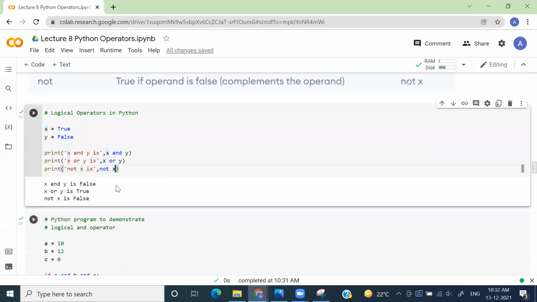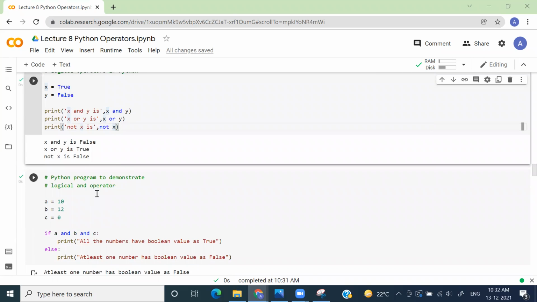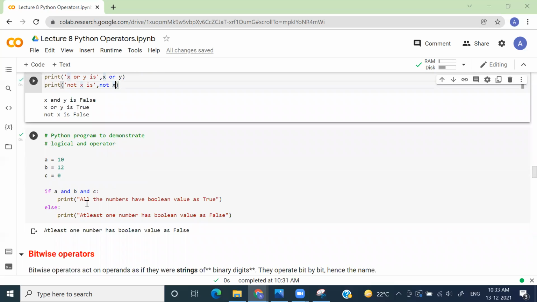Now let's see how we can use this logical operator in our program. Here the use case is like, I'll give you 3 random integer numbers, and I'll ask you whether all the numbers are boolean, or at least one number is boolean. When I say boolean, what does it mean?